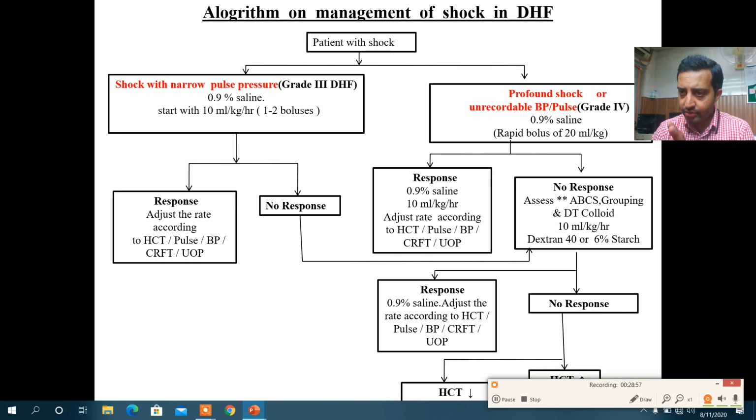जो ग्रेड 3 का शॉक है जिसमें नैरो पल्स प्रेशर जैसे 20 का आ गया है, लेकिन ब्लड प्रेशर रिकॉर्ड हो रहा है, हार्ट रेट भी रिकॉर्ड हो रहा है, इसमें आपने मैक्सिमम इन्फ्यूजन रेट 10 ml पर केजी से स्टार्ट कर देना है उसकी जो नॉर्मल सेलाइन है, और उसको ग्रेजुअली टेपर करना है